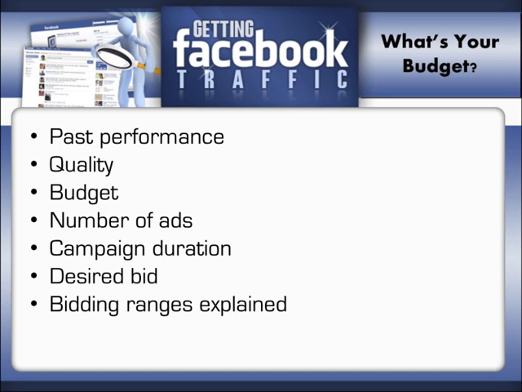So it doesn't necessarily matter what bidding range you select. You want to take the time to follow up and take a look at your results. What are you actually achieving? Did you set your bids too low and you need to bump them up? Are they way too high and you could still get placement by lowering them? You have to track that stuff. Take all of this into consideration when you think about what you're willing to spend on your advertising on Facebook. In the next video, we'll take a look at some rules and tips.